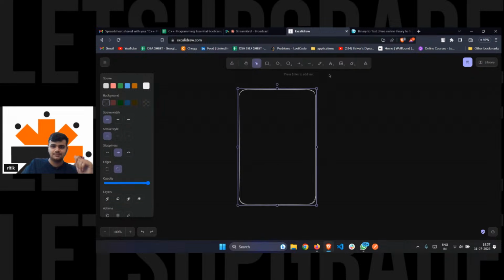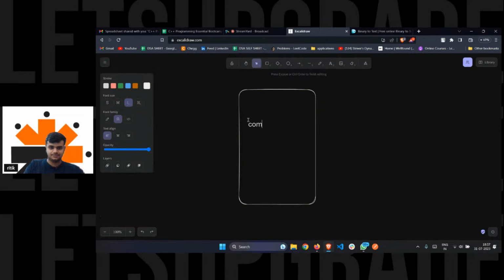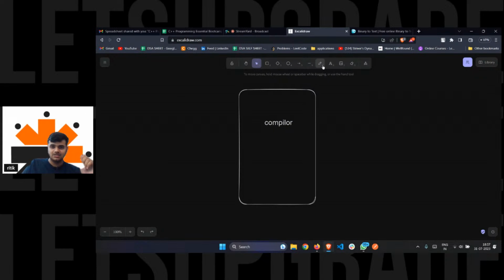We have something called a compiler. So what will a compiler do? What is the role of the compiler? It will just change.